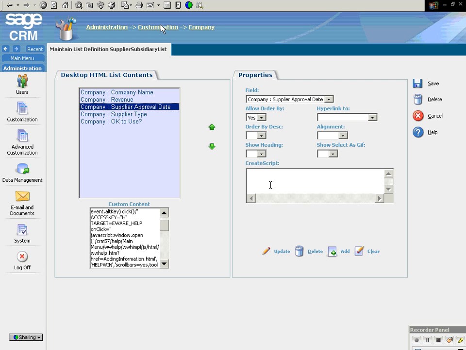So I could check whether I was the account manager and whether or not, therefore, I should see the revenue field. This is a new feature inside version 5.7, the ability to put in create script. And so here I'm just going to check to see whether